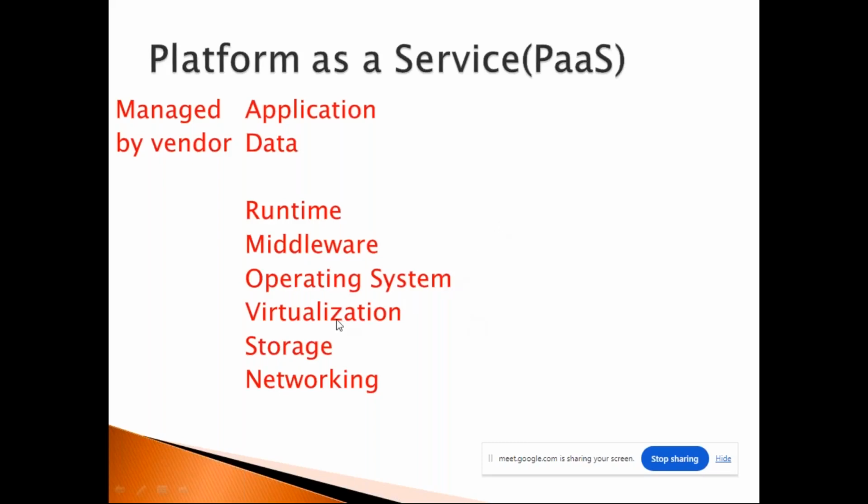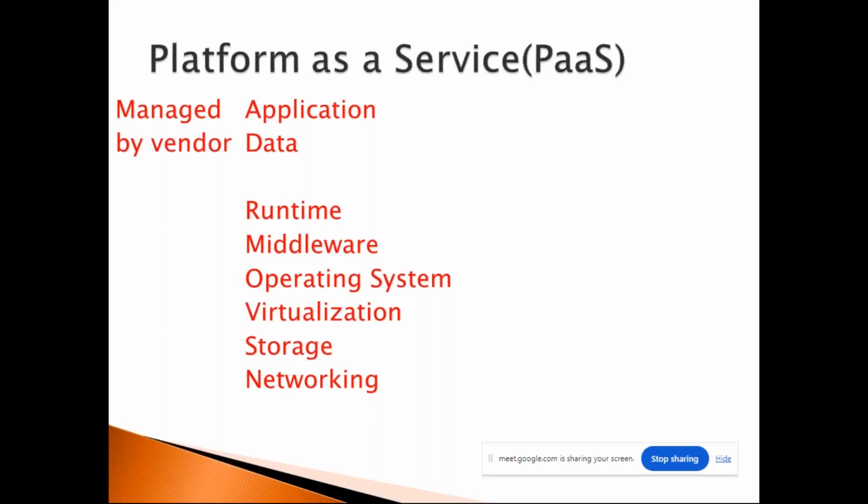So the cloud admin is going to provide the platform. What operating system you want, what middleware software you want. So they're going to provide a platform to the DevOps engineer. So this DevOps engineer is going to deploy their application. So if you want to learn DevOps, you need to have knowledge of AWS as well. So this is called platform as a service.